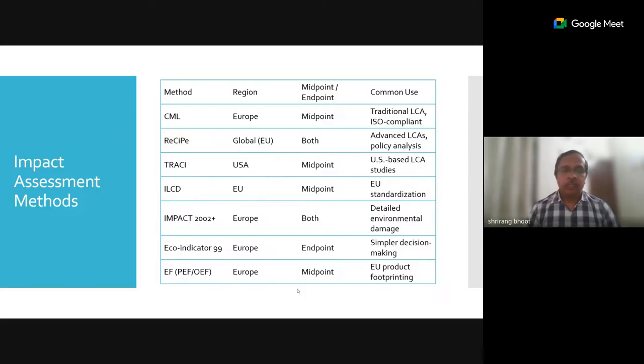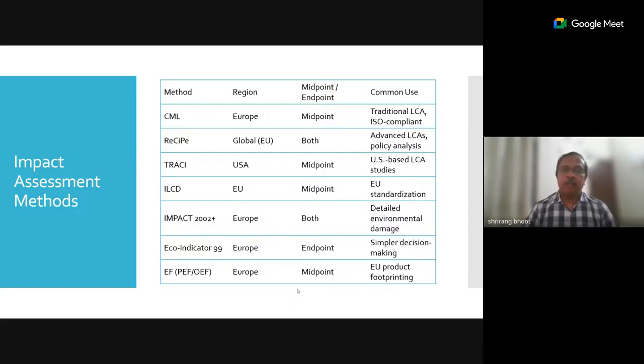When we do the impact assessment, we come up with the data. You have heard about the GWP, that is the greenhouse gas equivalent or CO2 equivalent values. That is a midpoint value. It gives an average of the data which has been collected for that particular activity. Whereas there could be data when we talk about human health hazard effect, ecological effect, or resource scarcity related effect.